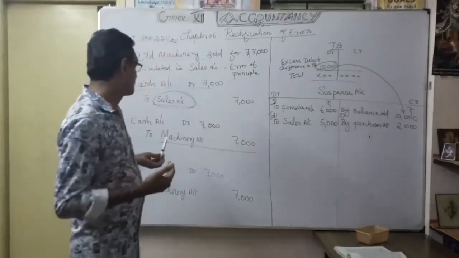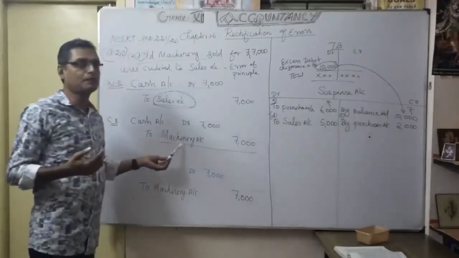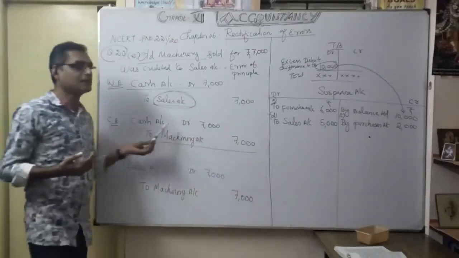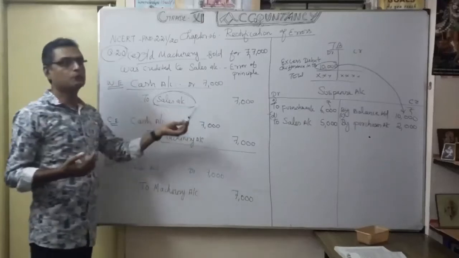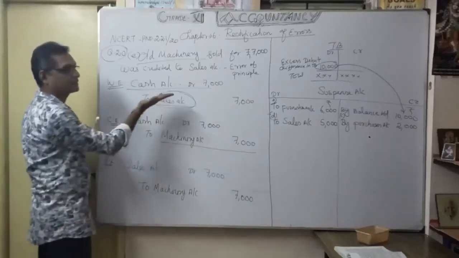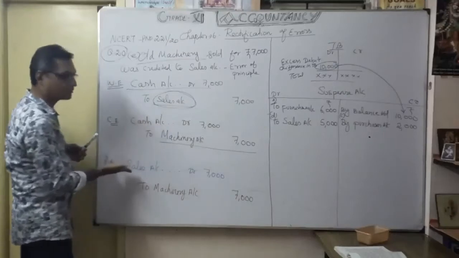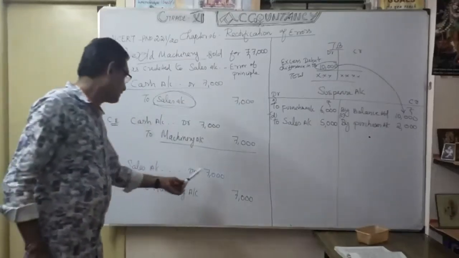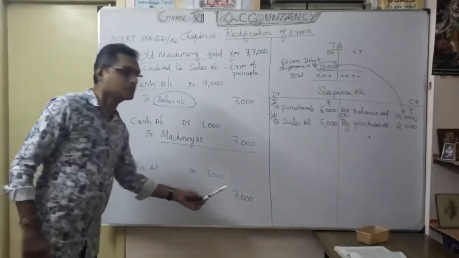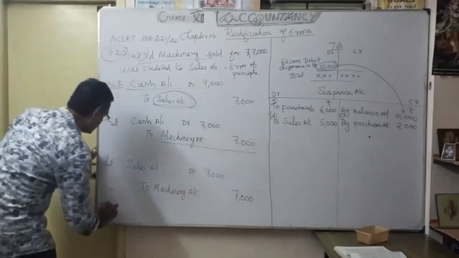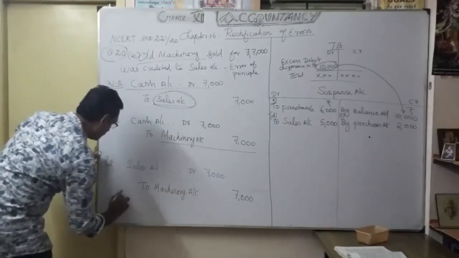Similarly, here what should be right? It should be in the form of a capital receipt, not in the form of a revenue receipt. That's why earlier I did it as a sales account credit. Now, to give the effect on the debit side, sales account debit 7,000 to machinery account 7,000. So what is the narration? In the same manner, old machinery